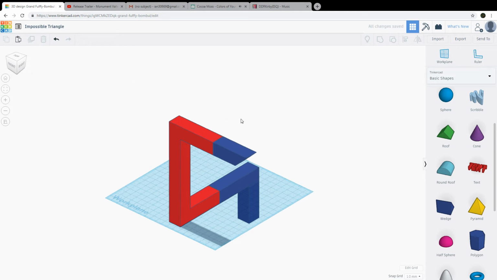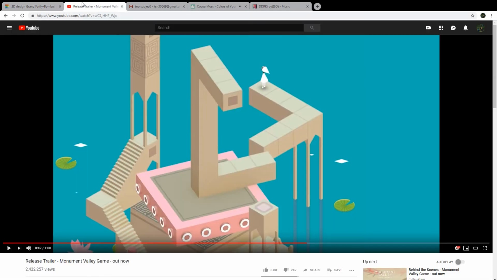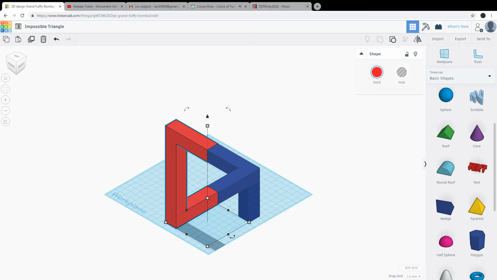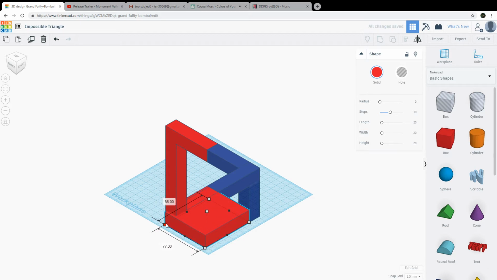Now, these are a lot of fun to play around with, but to make this rotate the way it does in here, we just gotta build a square, just like that one. And the way we can do that is very, very simple. Just gotta create a square, start right there, make it just like that, and then double the length and width. So 160 by 160,